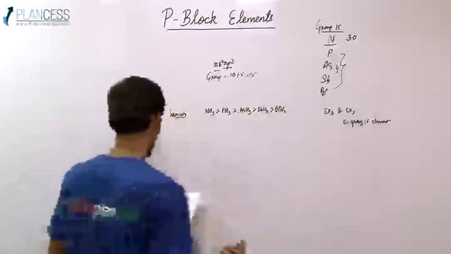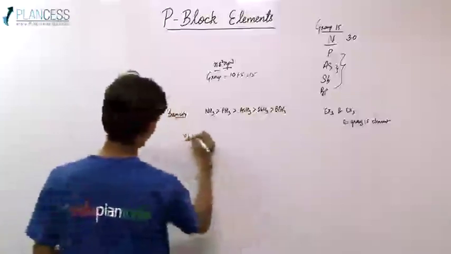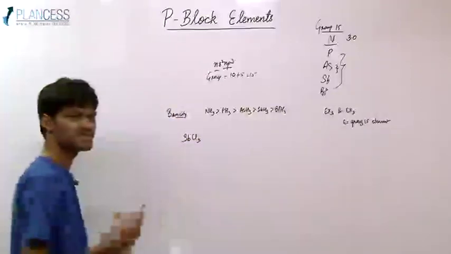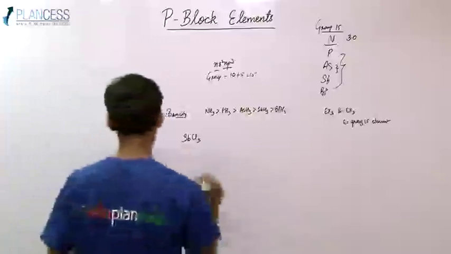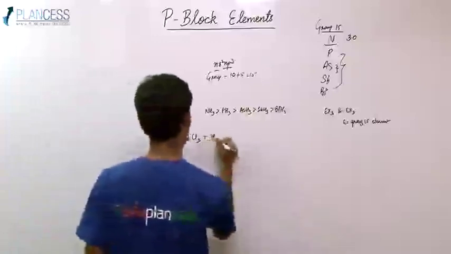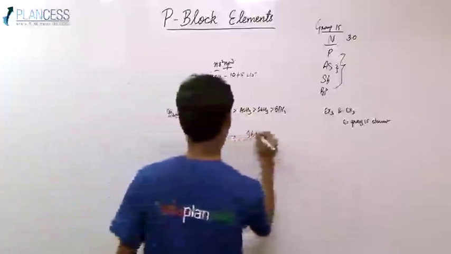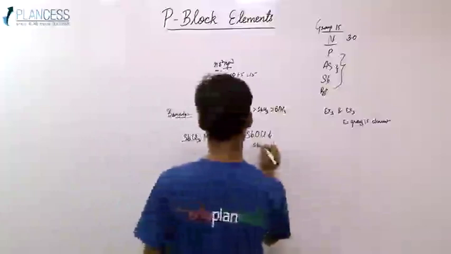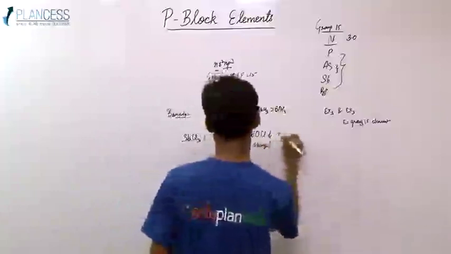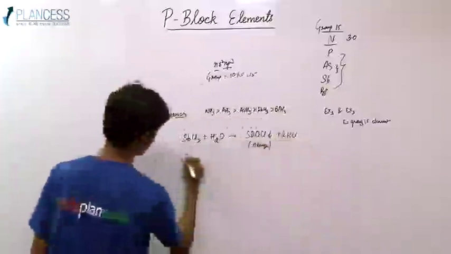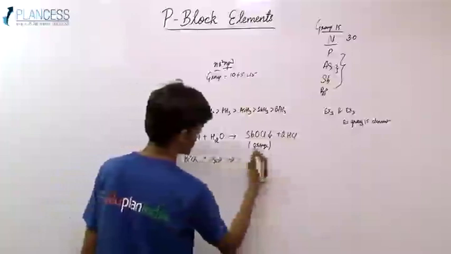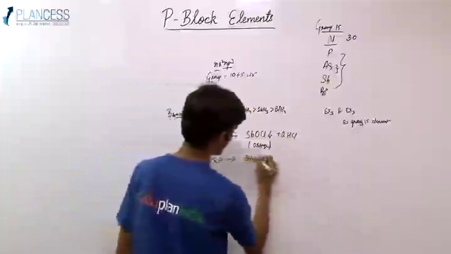Talking about hydrolysis, in some cases there is complete hydrolysis, in some cases partial hydrolysis. For example, SbCl3 on hydrolysis gives SbOCl, which is a precipitate orange in color, and 2HCl. The same happens with BiCl3: BiCl3 plus H2O gives BiOCl, which is white in color, and